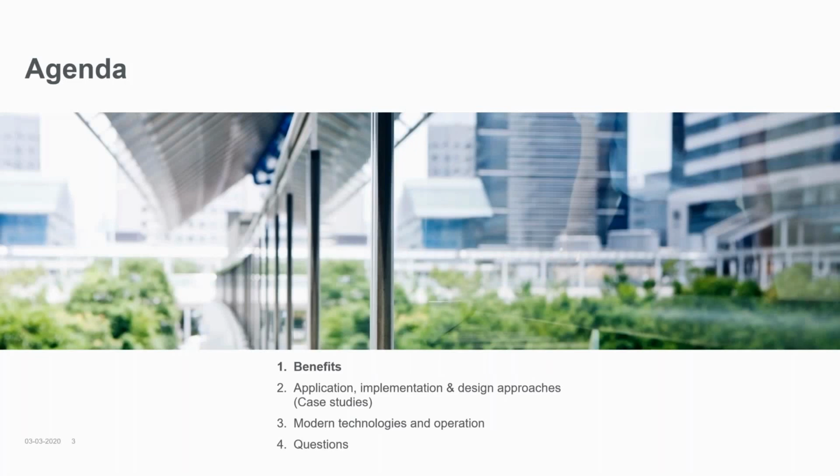For the agenda today, we will start by talking about some of the benefits of implementing operable windows and natural ventilation in your building projects. Next, Krista will talk about applications and implementation and design approaches with natural ventilation, including some exciting case studies. And following, I will address some of the modern technologies and talk a little bit about the operation of natural